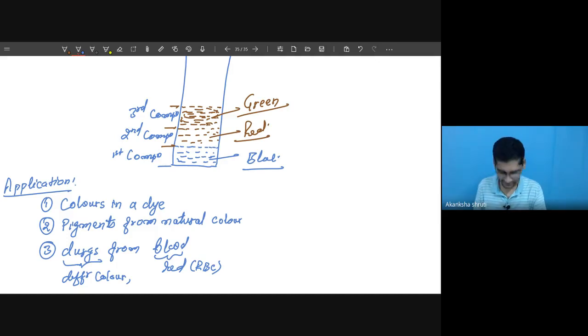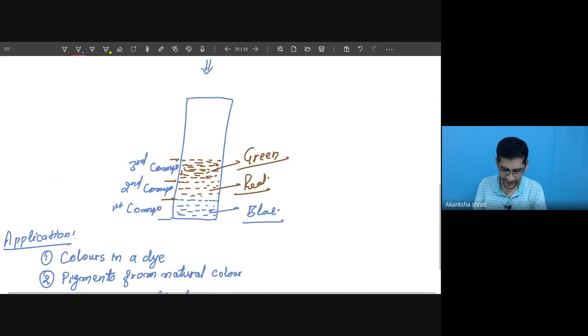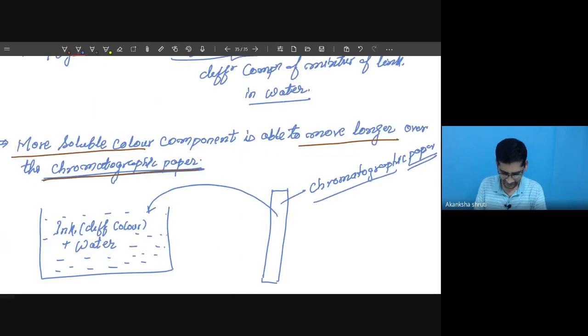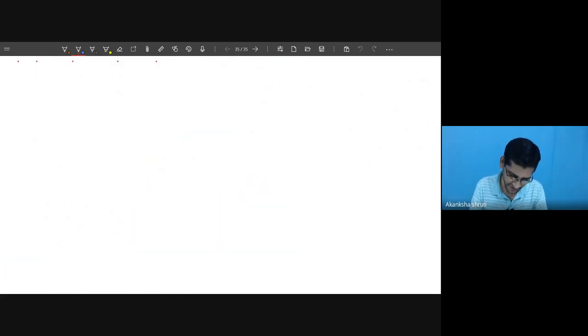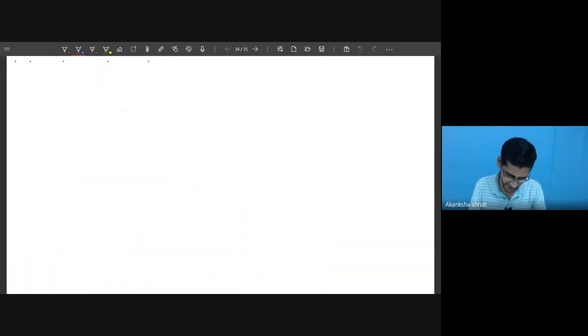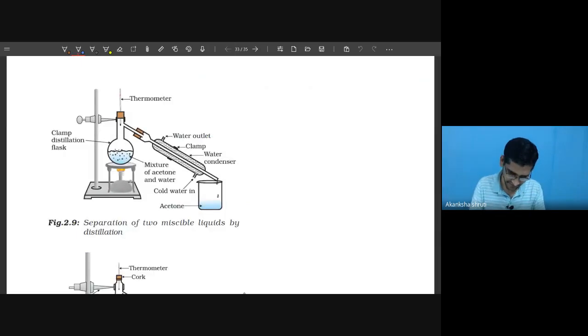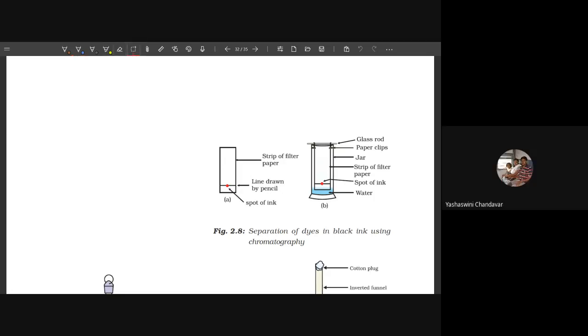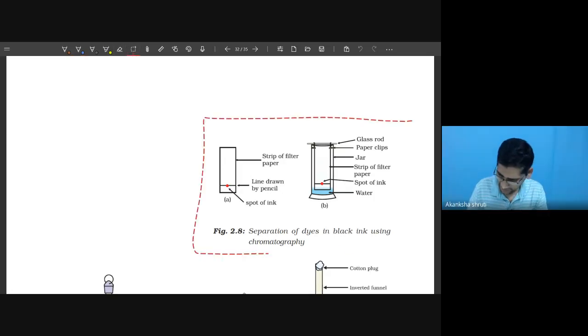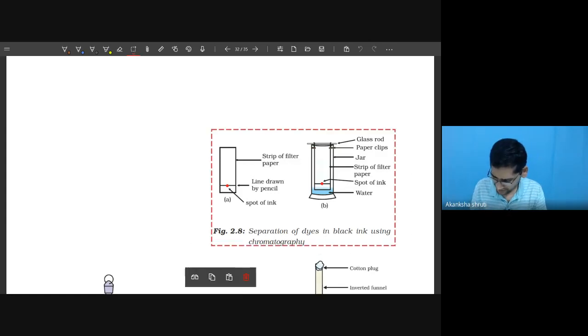So therefore these are the applications. This thing you have to keep in mind. Students, application and principle are very important. This thing will be written. If required, you draw the figure. I think in your book there is also the figure for the same. Let me copy and paste it here also. Students, are you getting? This is the method of chromatography.